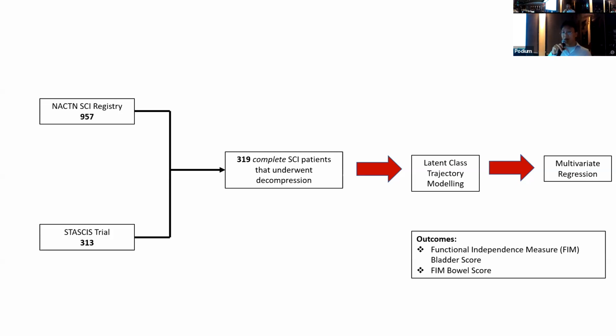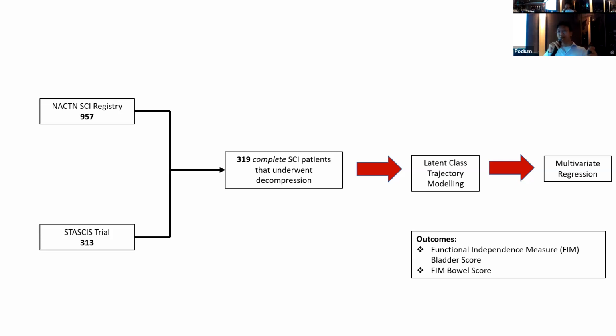this complete injury, we looked at this high quality multi-center data set called the NACTN SCI registry, as well as the STASCIS clinical trial, from which we were able to identify 319 spinal cord injury patients that had complete ASIA A injuries. We then used a statistical method called latent class or group-based trajectory modeling, which essentially